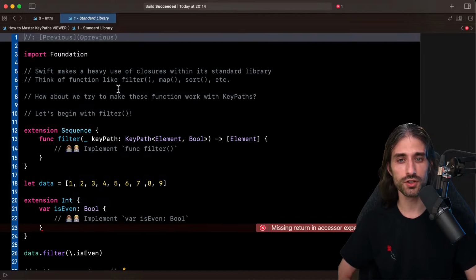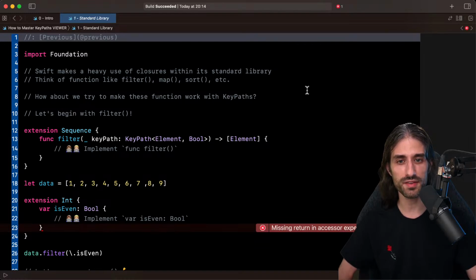I mean functions like filter, map, sort, etc. All these functions that operate on a data structure take closures as their argument and allow you to run algorithms on your data structures quite easily. And we're going to see how we can make these functions work with key paths.